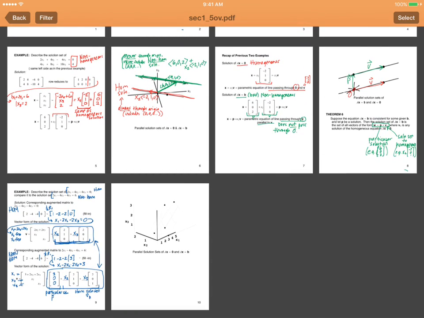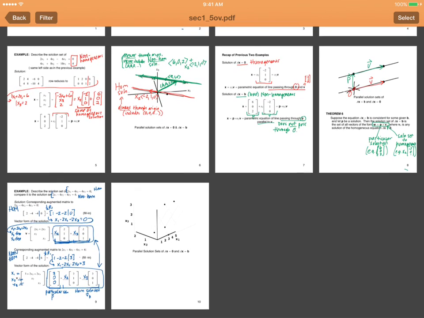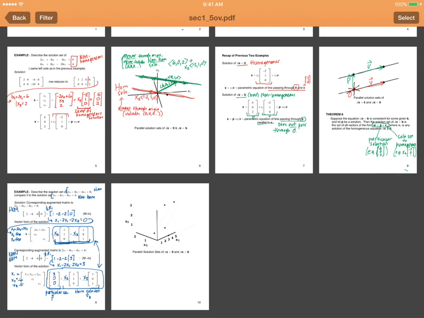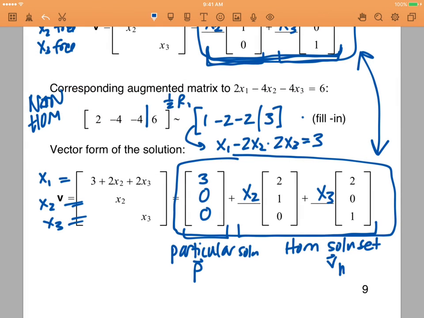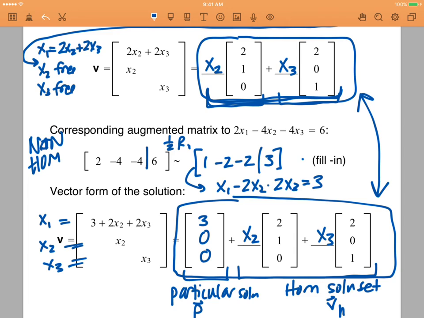And the last thing here is to look at the picture that corresponds to this. Let's take one more look before we go to the picture. So we're going to draw these two solution sets. Now, in this case, the homogeneous solution set had these two different free variables, x2 and x3. So if there's two free variables and either of them can be whatever they want, that means that our solution set is going to be two-dimensional. It's going to be a plane, because we can go in the x2 direction any way we want and the x3 direction any way we want, and then x1 is fixed as a result of x2 and x3. Okay, so we expect a plane,